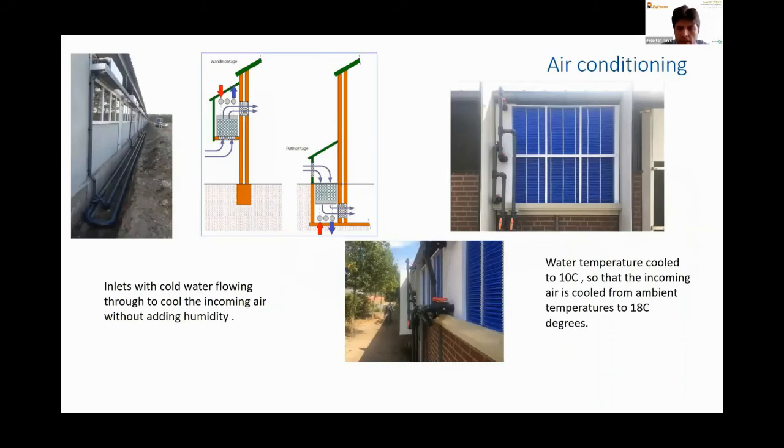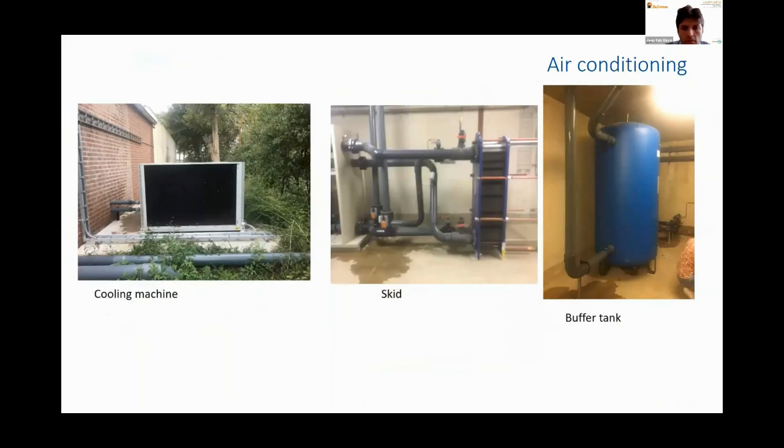But the latest technology we introduce is our air conditioning unit to further cool down the house. It is the same principle as you just saw in the video, whereby we use heat from the wastewater in the air cleaner to export to our inlets, and then via the inlets it goes into the house. But instead of hot air, this time it's cool air. So the air chiller, the one on the left, chills it to 10 degrees, and then through pipe